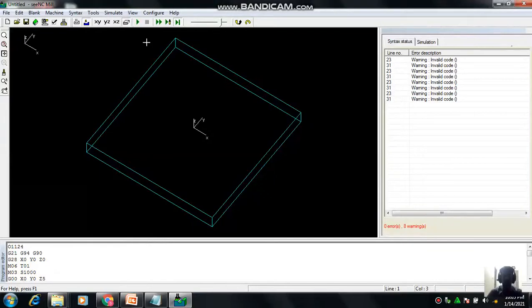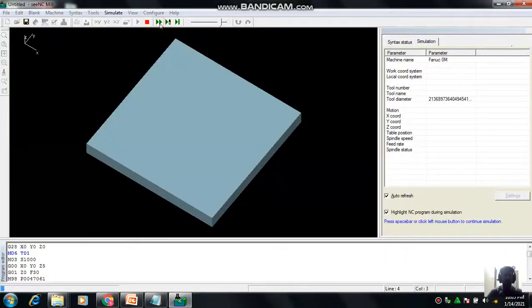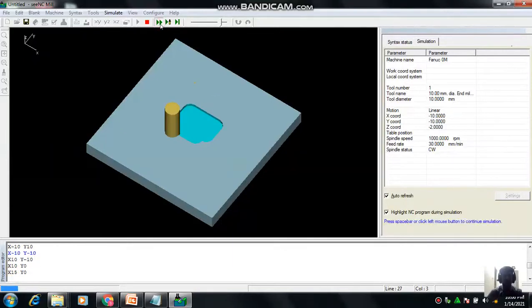So we are going to see how it is going to perform. If I select this step by step, it will run, or I can select fully. Now you can see it goes inside -1, -2, right, and it moves in a square. It moves 5, 5, -5, 5, and now it is in the fourth quadrant. Again it goes another 10 mm. Now first quadrant, it goes to the second quadrant, third quadrant, and it comes to the fourth quadrant. So again it closes, again another 5 mm moves.